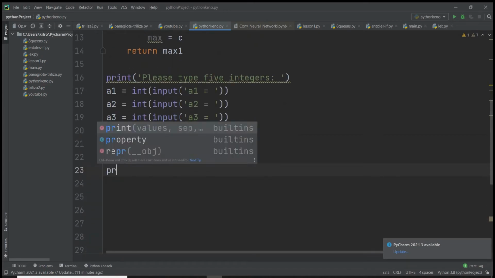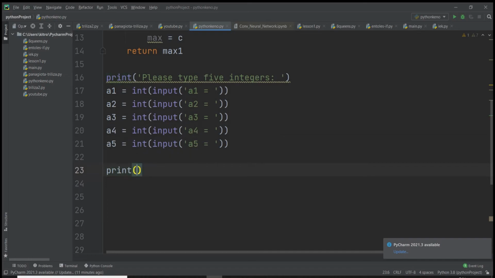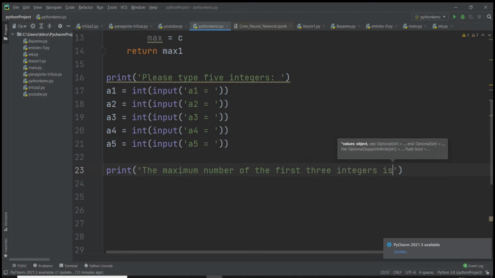So I type a print: the maximum number of the first 3 integers is,